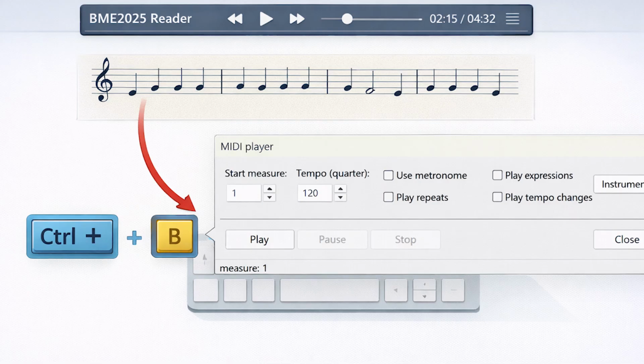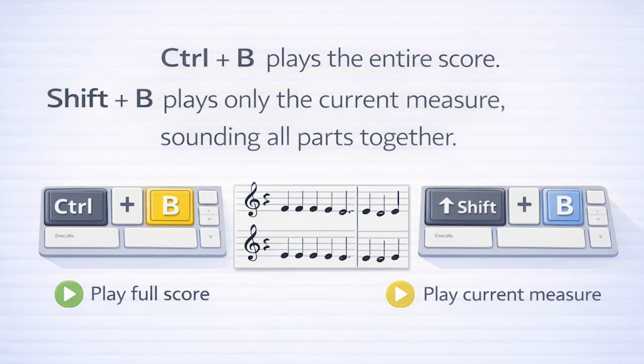For playback, Ctrl+B starts playback of the entire score, while Shift+B plays only the current measure, sounding all parts simultaneously. This last option is very useful for listening to the ensemble at a specific point and checking how the voices